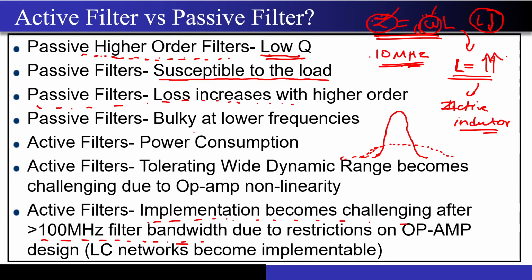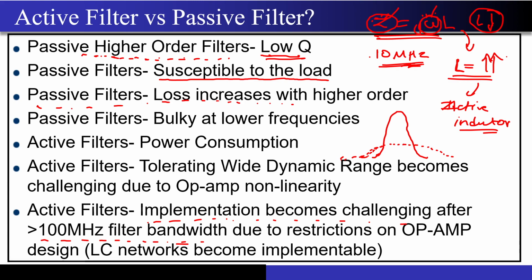You are cascading the RC network. What is going to actually happen? There is no gain present in the circuit, and if you cascade more and more such RC filters, you will see attenuation in the passband. So you will be facing a heavy loss of 5 dB, 6 dB as you cascade more and more stages.